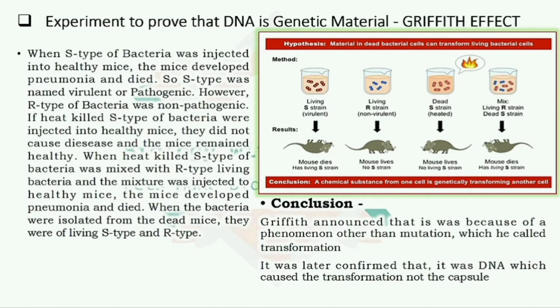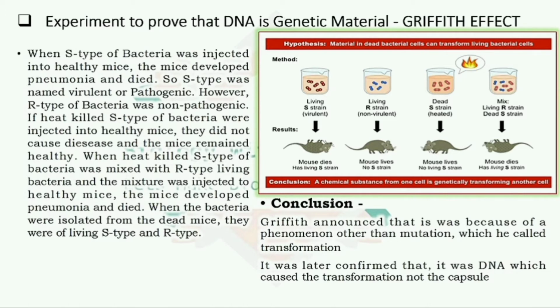So actually he ran four different sets of tests. What he did, Dr. F. Griffith, he used the bacterium Diplococcus pneumoniae, which usually causes pneumonia in mammals. And Griffith noticed that this bacteria has two types of strains.